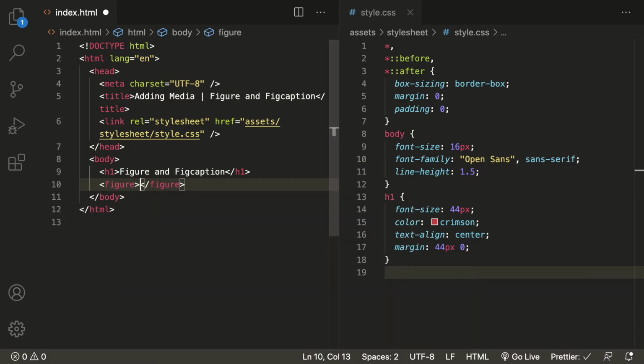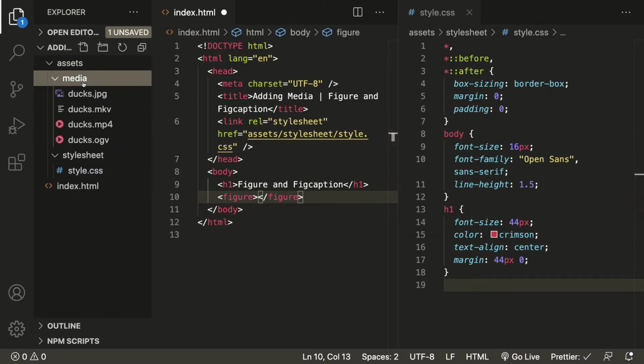The figure tag is used to wrap self-contained content or media inside our page. Here we have a few media files. Inside the media folder we have one image and a few videos also. So let's see how we use this figure tag and wrap our image, that is ducks.jpg.